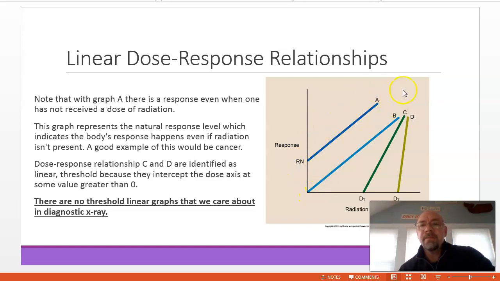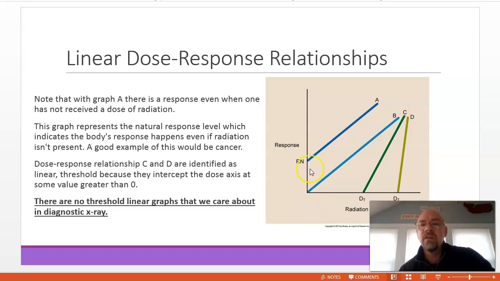Let's look at A. A is a graph that we would consider for someone who has cancer. We know that people are going to get cancer, all right, even if they've never ever had an x-ray. There are lots of reasons for cancer, whether it be genetic, whether it be where they live, whether it be things that they eat, whatever. There are other reasons to get cancer besides having an x-ray. So that's why the response is up here. But since it's on this vertical line, we know